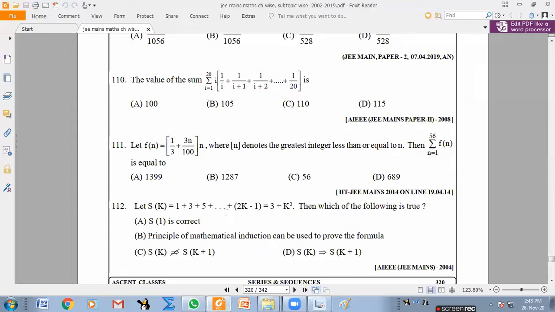And n equal to 1 itself is not correct. But if you assume that it is true for n equal to k and try to prove for k plus 1, it will come correct. Because in RHS, by adding a constant, only one extra will come, the same constant extra will come. So you will not have any problem. So that is their intention. So option C, it is not right. Okay. Sir, principle of mathematical induction can be used to prove the formula. That's the correct one. It can't be, but where it says can be used to prove the formula, they said. Oh, okay, sir.